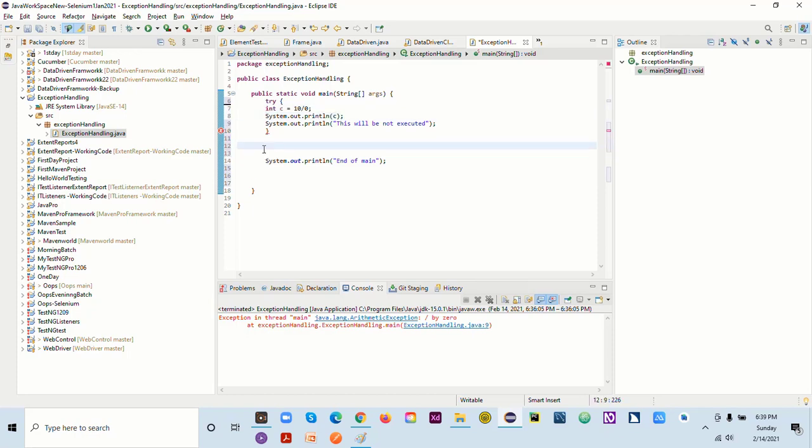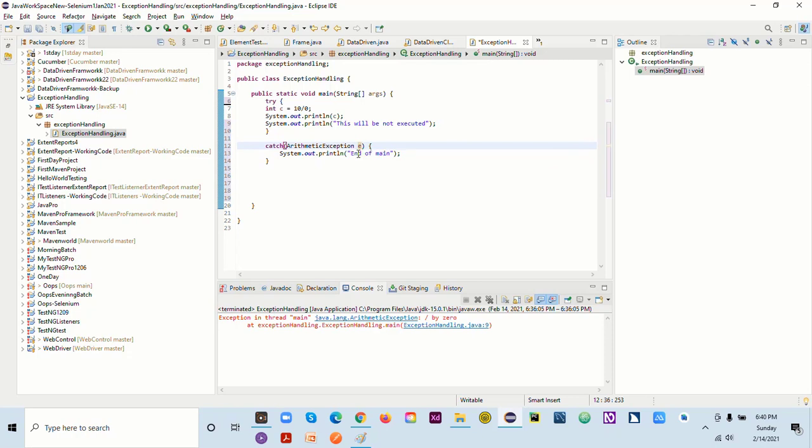So what I can do here is have my catch block. Under this catch I can say ArithmeticException, and here we have given the reference. If I come here, I will just print the details of the exception, what exception it is.